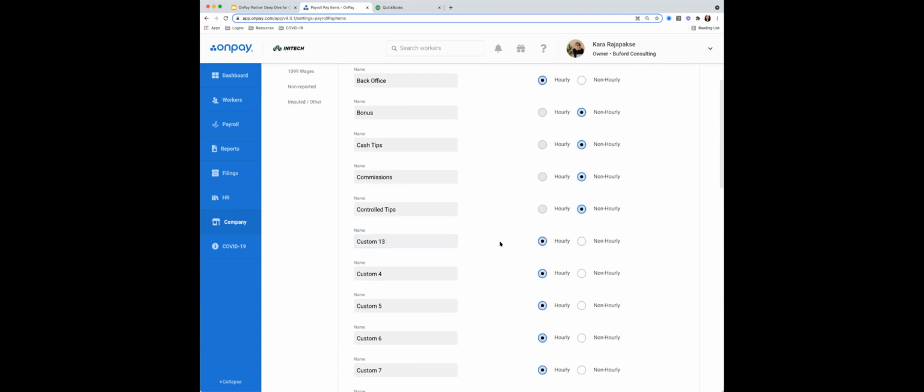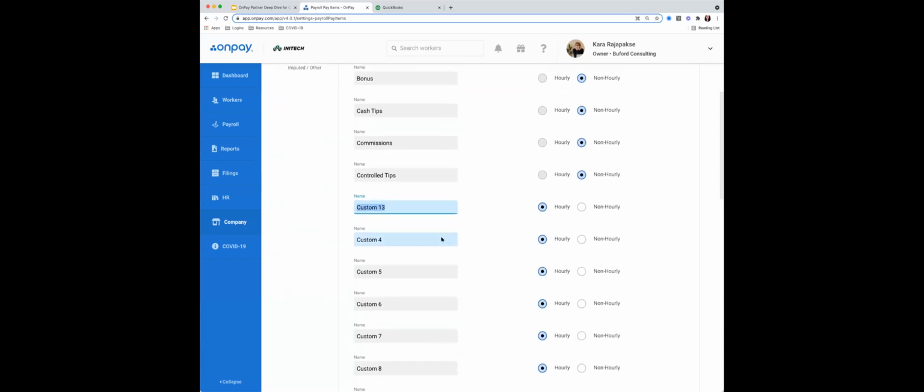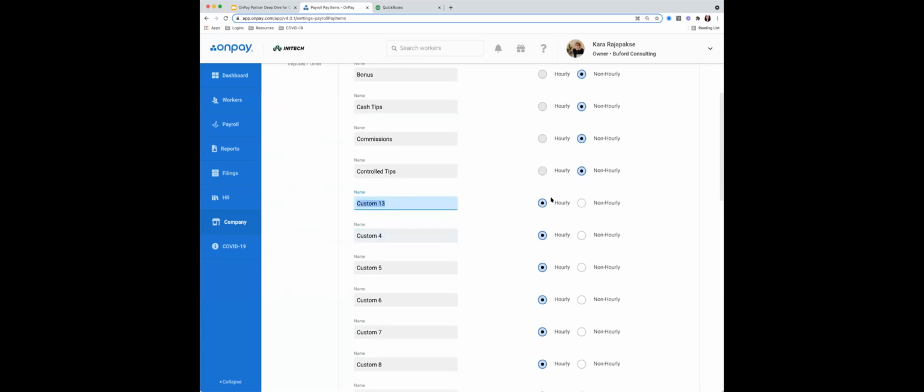I have one person that I work with, one of their clients is a charter school, and they need to be able to track the different classes that the teachers are teaching for grant tracking purposes. So because we're not able to assign that individual to multiple different departments, well, easy enough, we just have a different custom pay item for each of the classes that they teach, keep it as hourly so we can track the hours associated with those. So just different ways that you're able to approach the customization in OnPay.